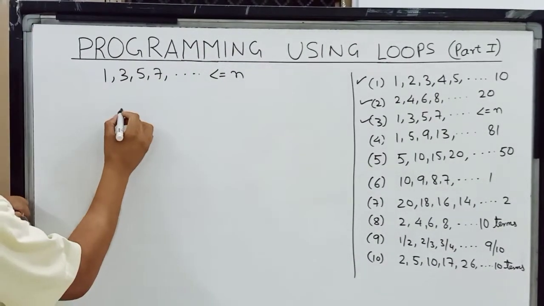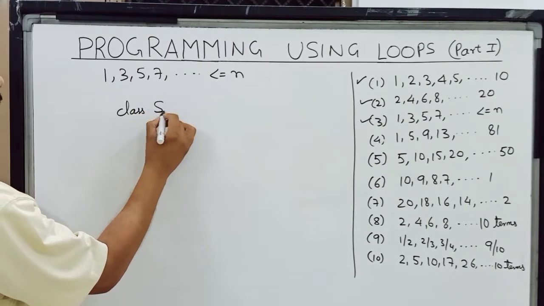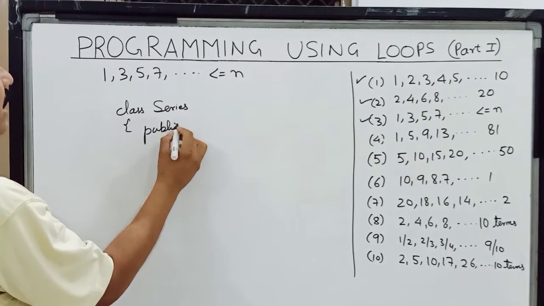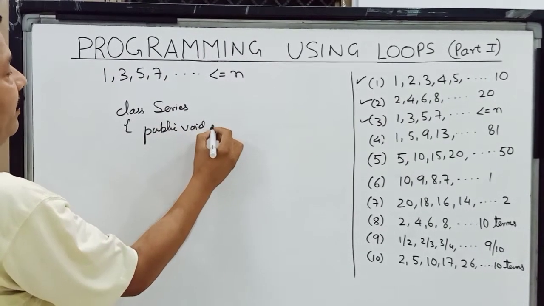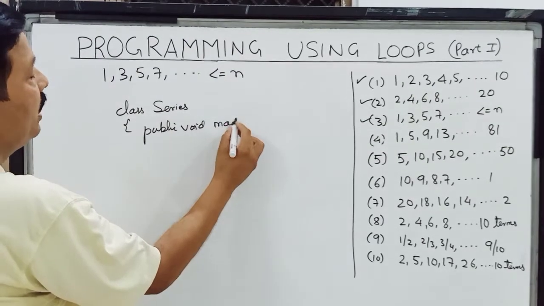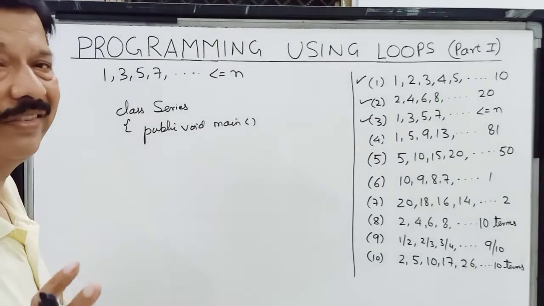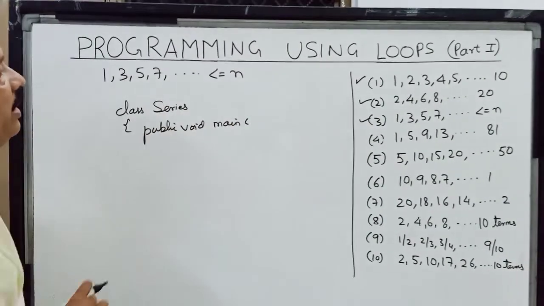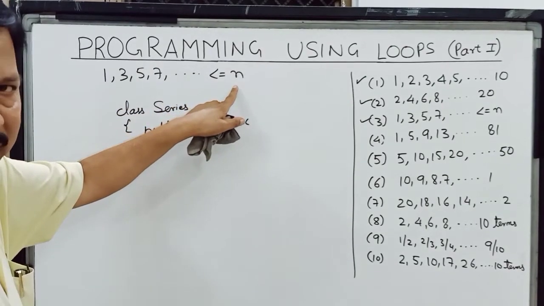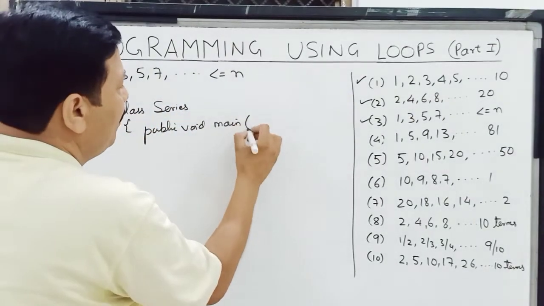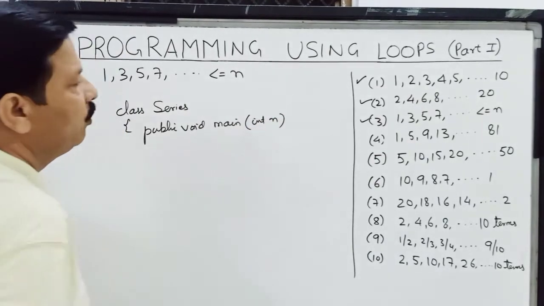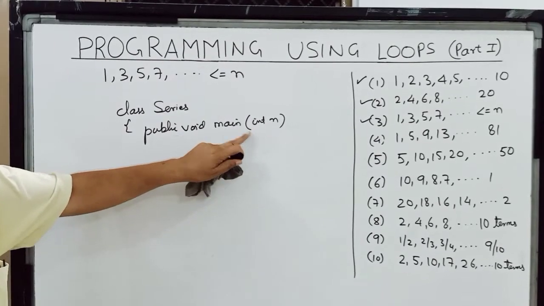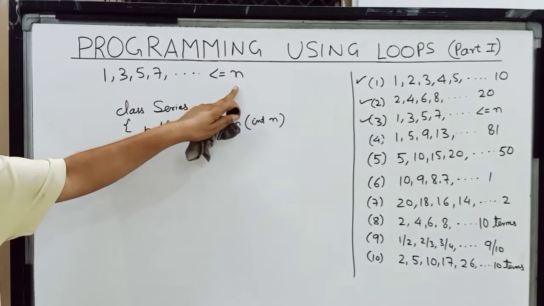So children, for this we'll begin class series. Again, you can write down any name as a class name, but when you are doing it on the computer, you cannot have two classes with the same name, so you will have to change the name. Now children, in this particular series, there is one unknown term, that is n. This unknown term I am going to input here. Whatever the value of n entered by the user, that series is going to get printed up to that term.